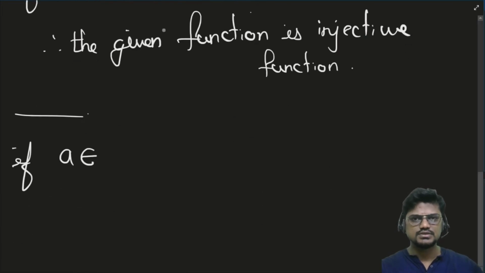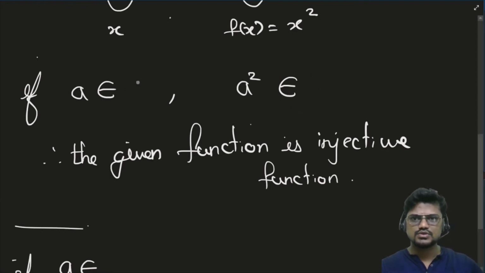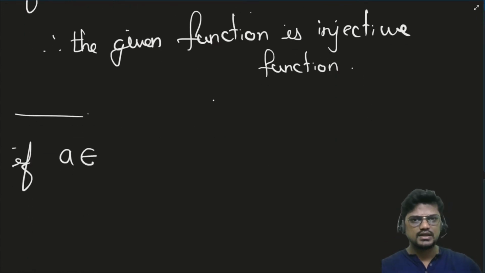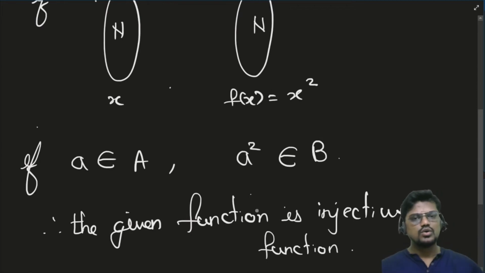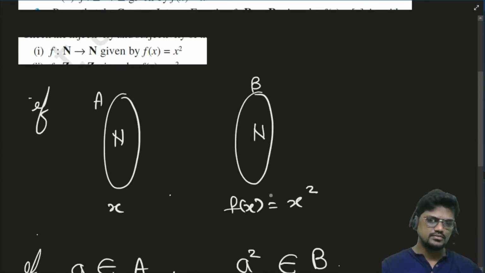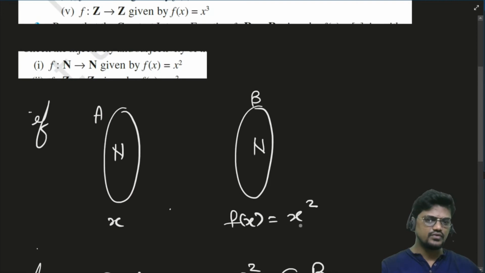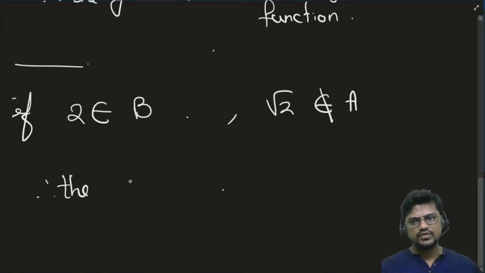Let us do it with an example. Just a moment. Oh, it got changed. It should be A and this should be B. Fine. Now, if I say any number, let us say 2 belongs to B, that is, 2 belongs to your codomain. 2 belongs to natural numbers, but under root of 2, see, if f of x is x square and the value of this is 2, then this will be under root of 2, but under root of 2 does not belong to your set A,